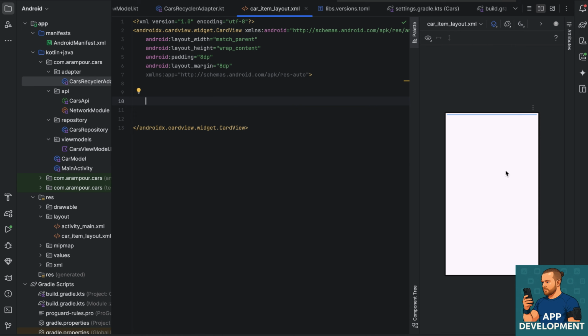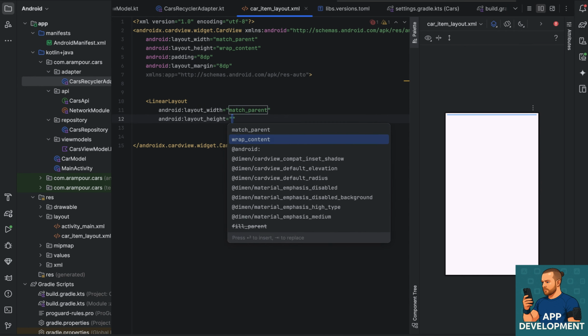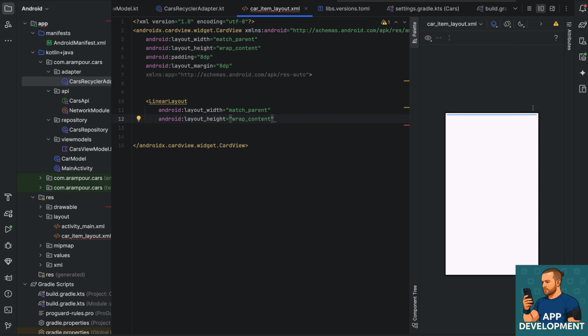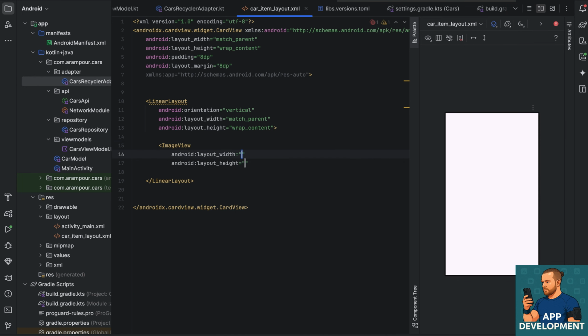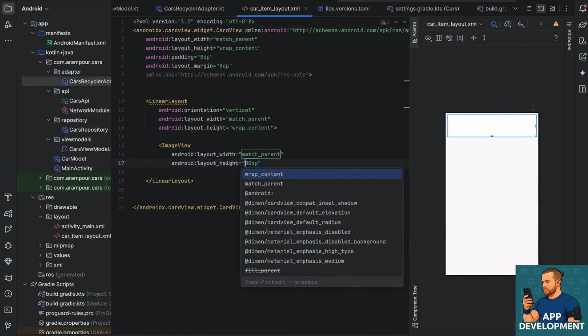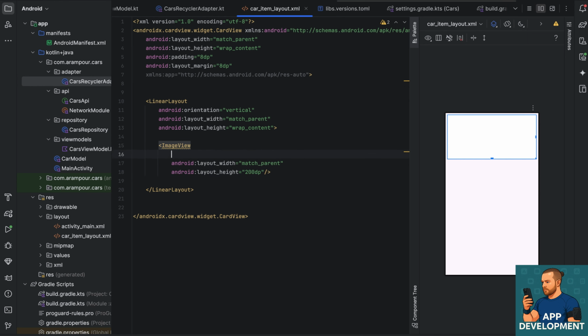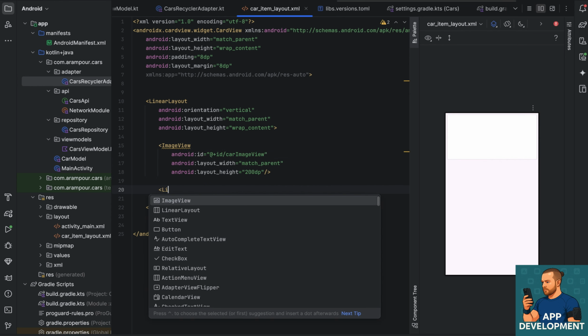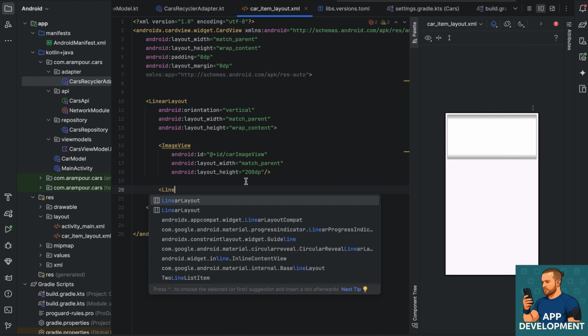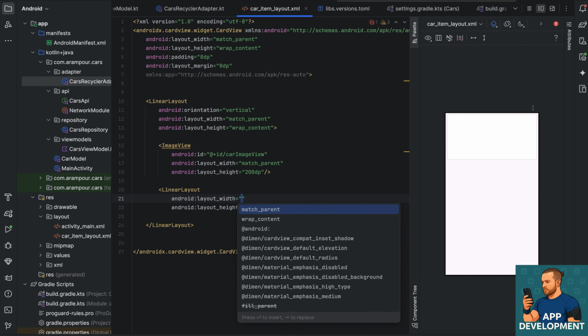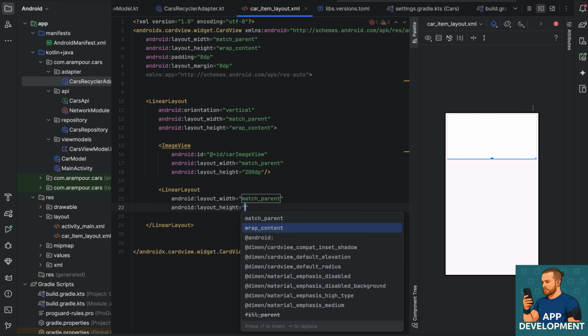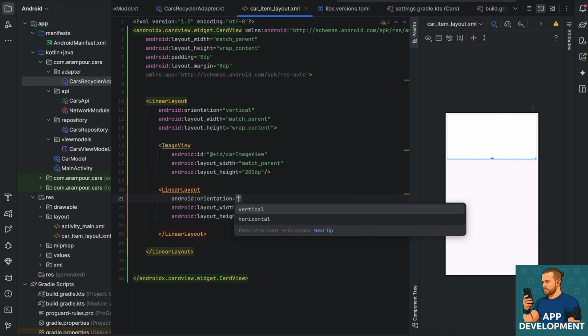For that, because I want to put them under each other, I will add linear layout with the wrap content, and the orientation will be vertical because we want to add them under each other. And here I will add some image, and height is not enough. This one is good, and I will give ID car image view, and below that I want to add other fuel type and top speed and price. So I will add another linear layout, match parent and wrap content, this time orientation will be horizontal,